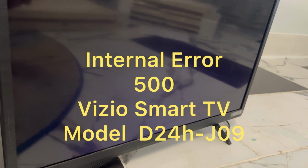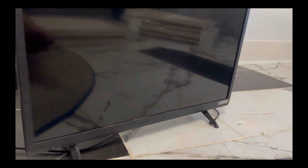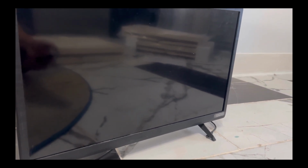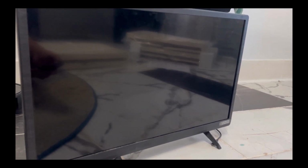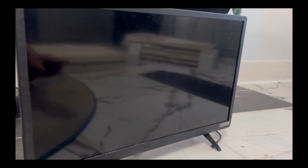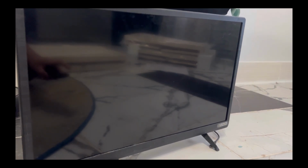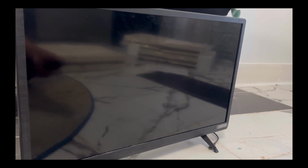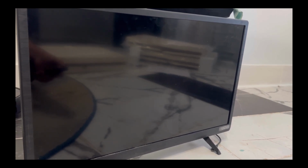So here is my VIZIO Smart TV, and I haven't used it in a while, and I'm getting a 500 internal error. So I thought I'm not going to be able to use the TV anymore, but don't throw it away yet. If you get the internal error,